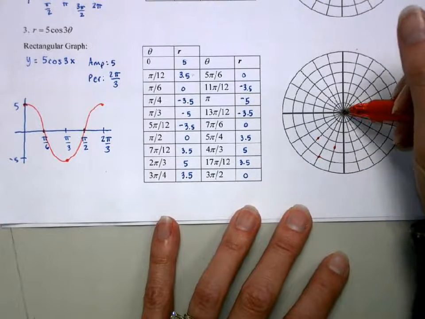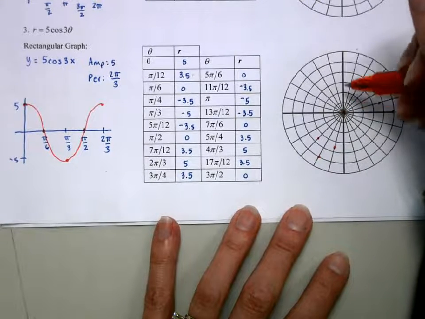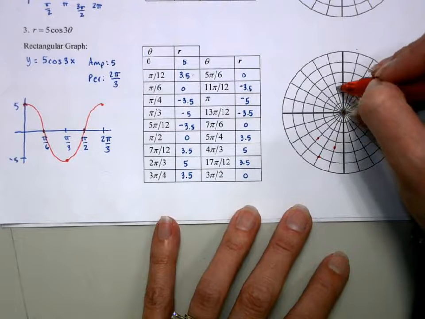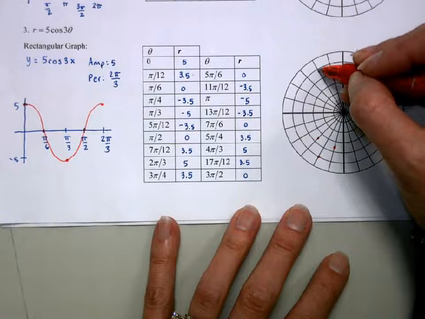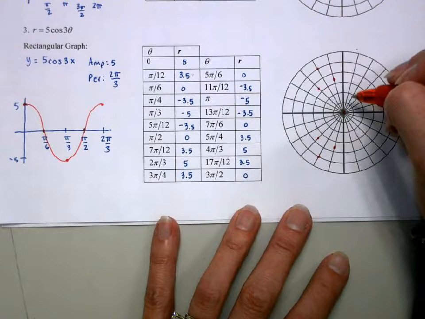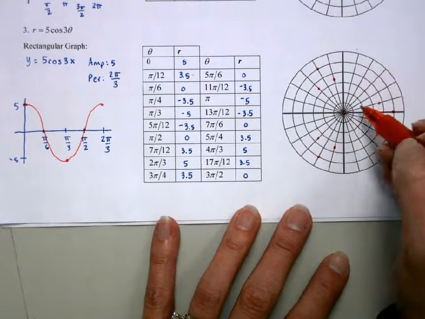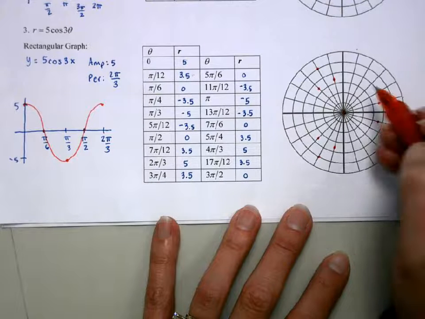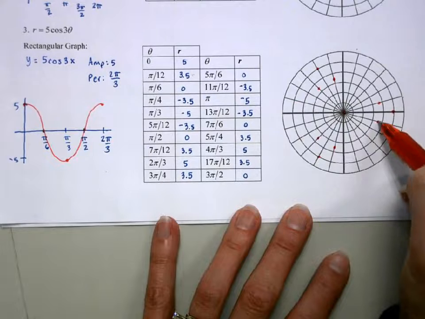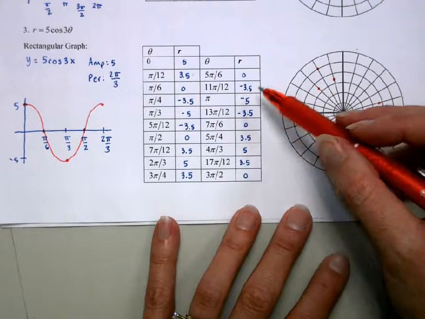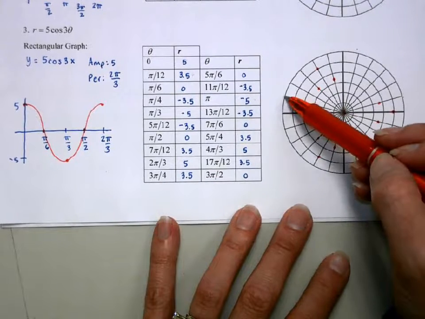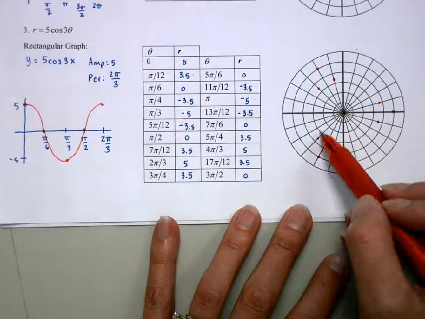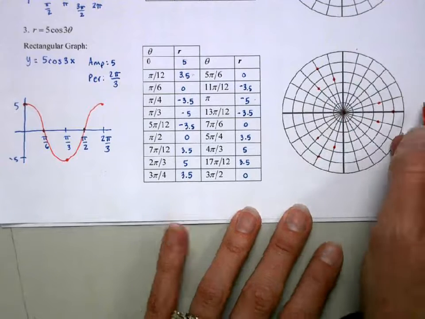7 pi over 12 is going to be this one. We're at 3.5. Next one's at 5, back to 3.5, back to 0. And then our next point is going to be at 13 pi over 12 at negative 3.5. Then we get to 11 pi over 12. Pi is going to be at negative 5, and then it's going to complete that cycle again. So if I connect the dots in the order I graphed them,